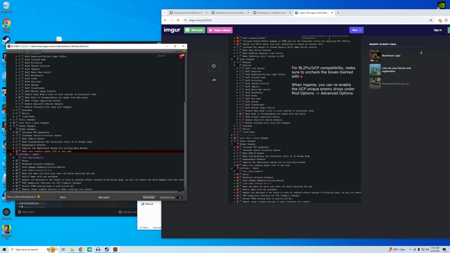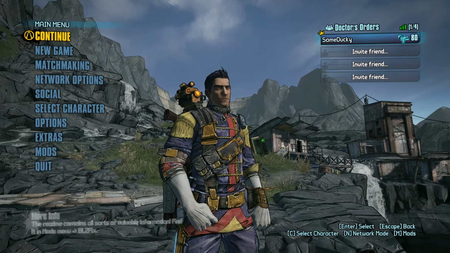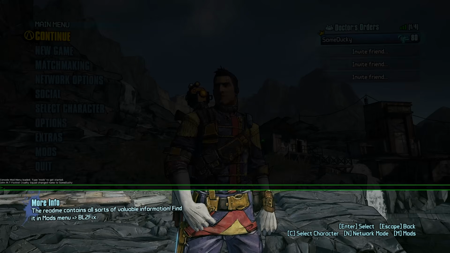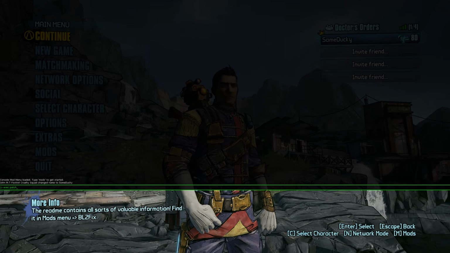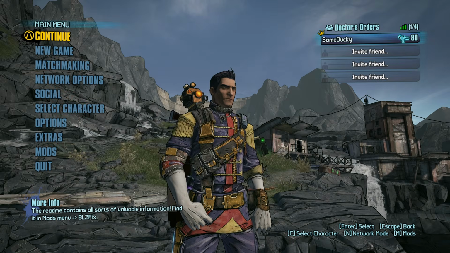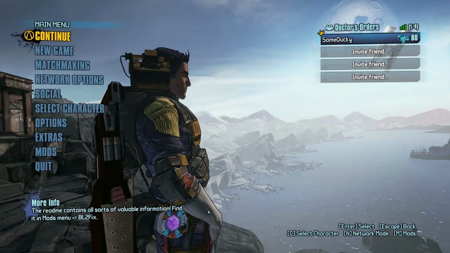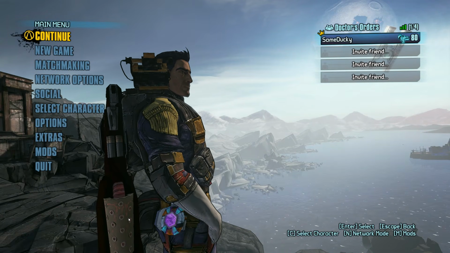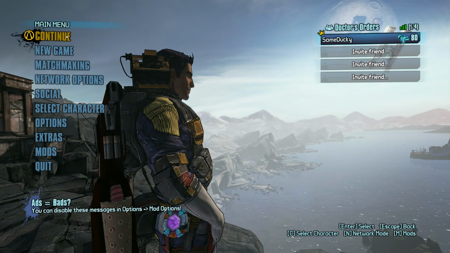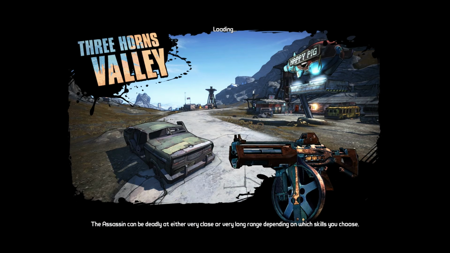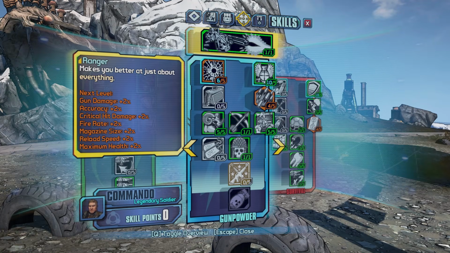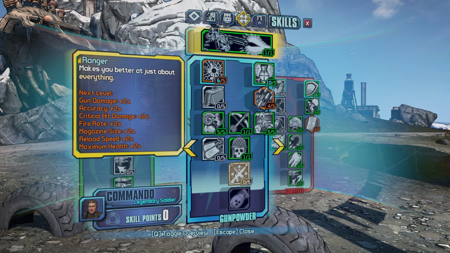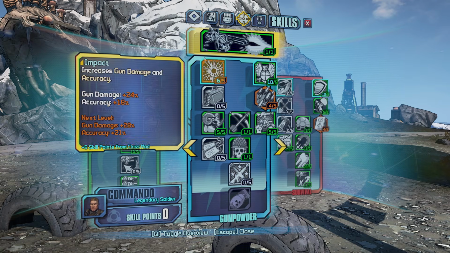Now we just have to launch Borderlands 2, and conveniently, you can do it over here. Alright, so once you load into the game, you're going to click on the console key that you made. You're going to type in execute patch.txt. The game's gonna freeze for a bit, and like you just saw right now, my weapon skin just changed, so I know for sure the mod is loaded. Just in case though, I'm gonna hop inside the game and show you some of the changes. Alright, so I already loaded into the game, and I know for sure the mod's loaded because, look at this, Ranger. Before, without the patch, it was only +1, now it's +2,